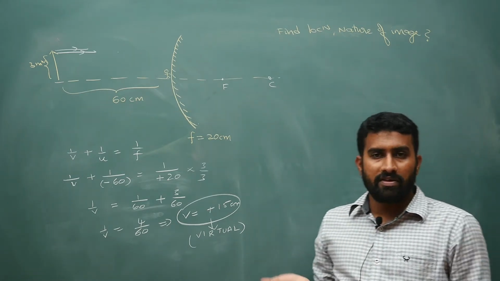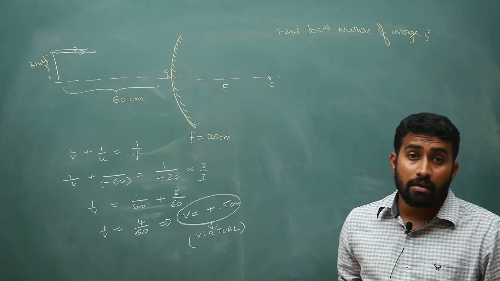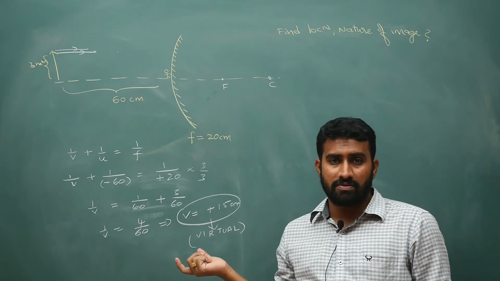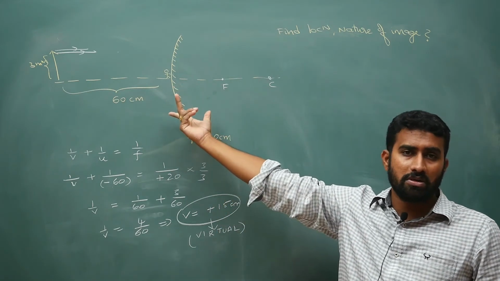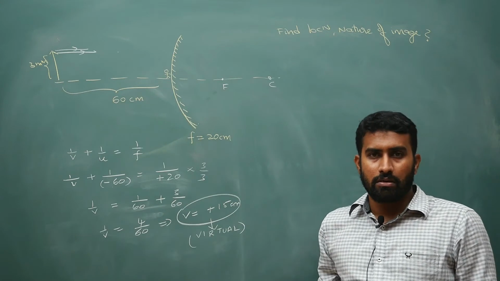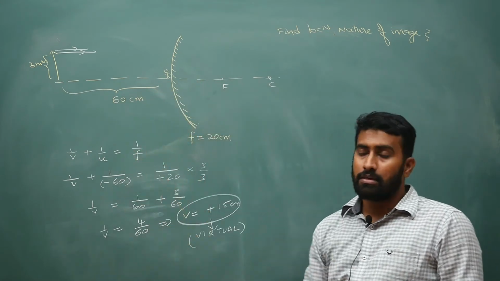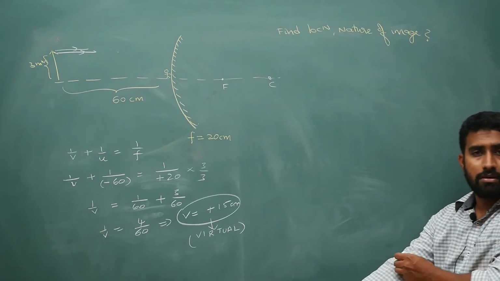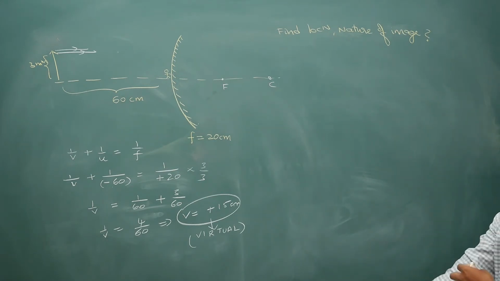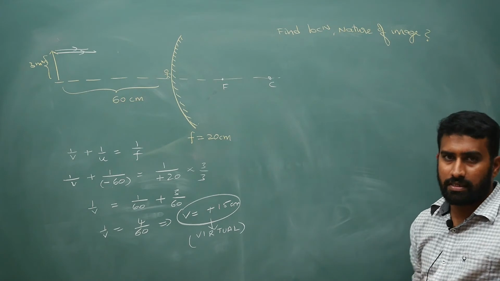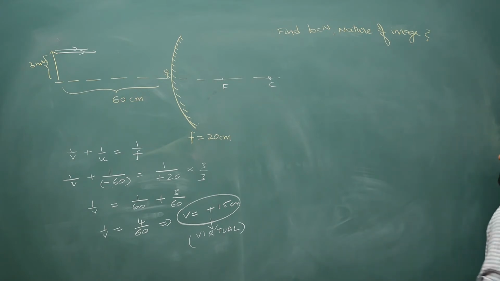So in the direction of incident ray means, obviously we know that if something is in the direction of incident ray, rays cannot go beyond the mirror. That is for sure, because the mirror will reflect the ray back. Now, to explain the formation of image, in case of virtual image, we will draw extended rays. Ray diagram I will come to separately.